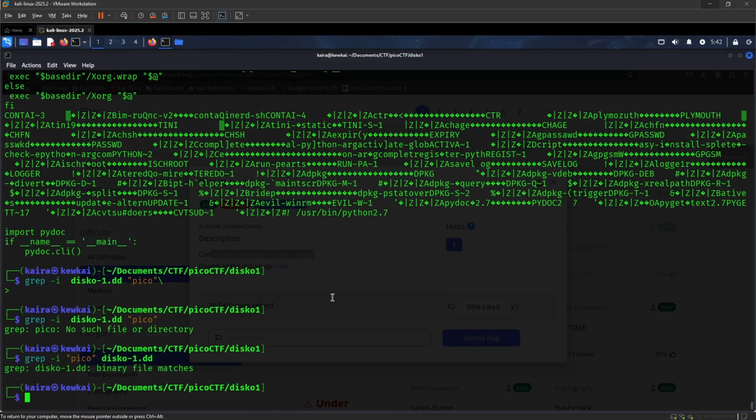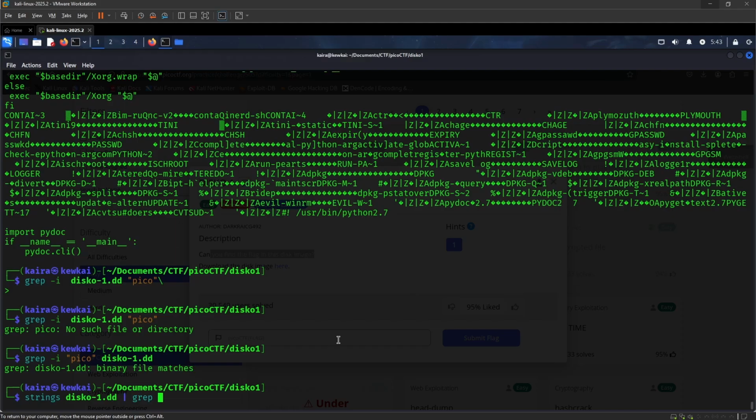Now which command do we use to search or extract the characters or the strings from this particular kind of binary file? We use strings. So we write strings, and the file name is disco, and we hit tab, and we give a pipe symbol.